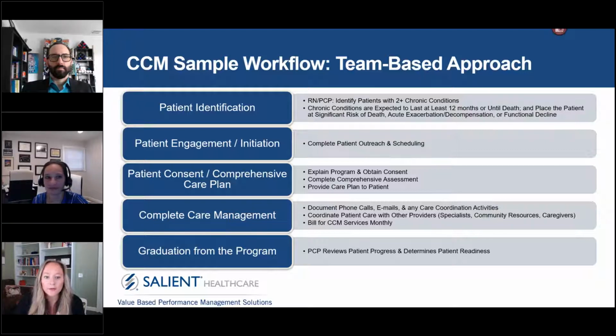I know equity, health equity, social determinants of health are buzzwords, but they're really used in CCM. This is the main use case. Identifying patients who can't buy their medications, who don't get meals. Meals on Wheels was one of the biggest community resources we were able to use. Or even just activities, people couldn't walk. So getting them to walk to their mailbox and then getting them enrolled in maybe a church where they had